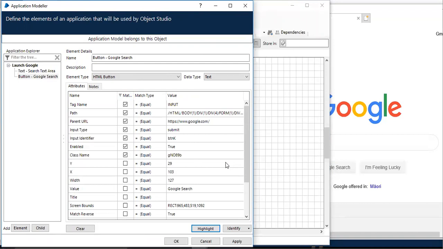The spying option can be changed using the Alt button, and to capture the element using the spying, you have to use Control and mouse left click simultaneously so that it will capture the particular element or the required area into your application modeler. Coming up next, we'll see in a lot more detail how to use a navigation stage and a lot more, so that it will automatically add or do some simple tasks. See you in the next session.